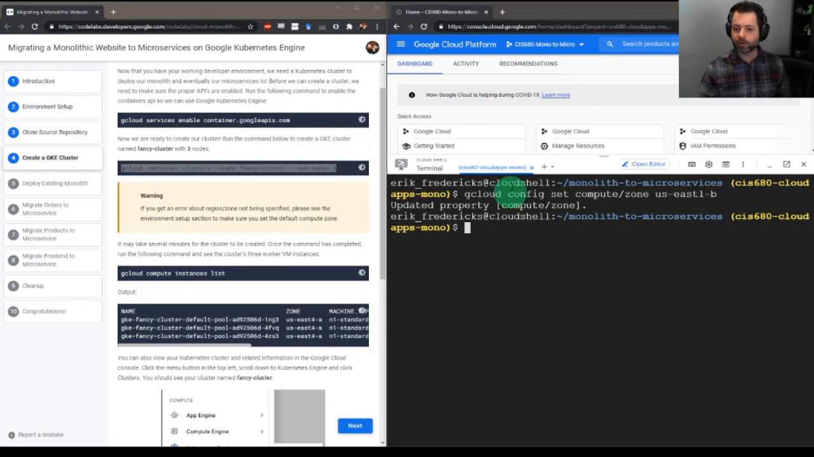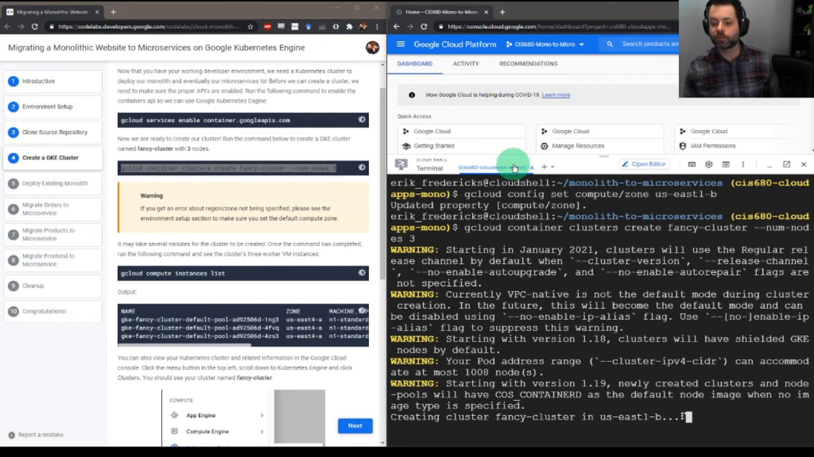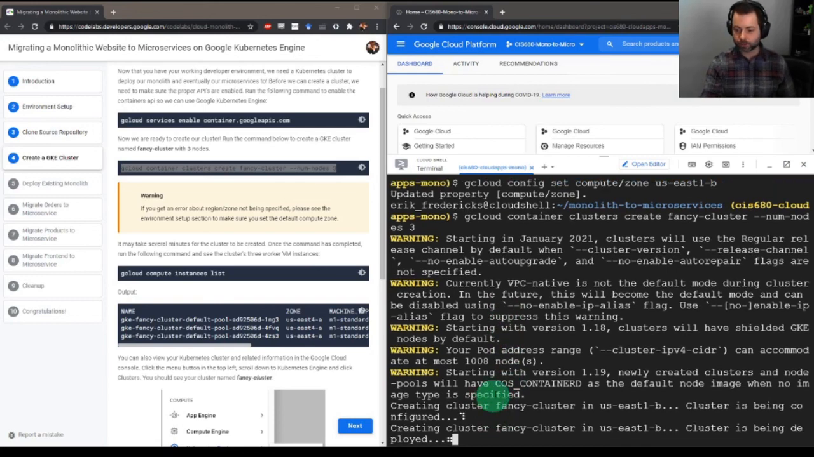Let's try creating our cluster again. So hit up a couple of times, create our fancy-cluster with 3 nodes, and we have a bunch of warnings about what's going on with GKE. And it's going to create our cluster for us with a nifty little animation. Create, deploy,